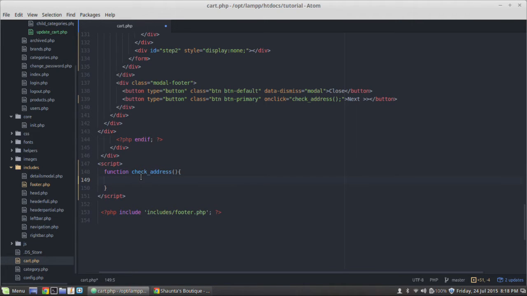Okay, now what we need to do here is make a variable, and we'll call that data. We'll make that equal to an object, and what we're going to do is we're going to say full_name,